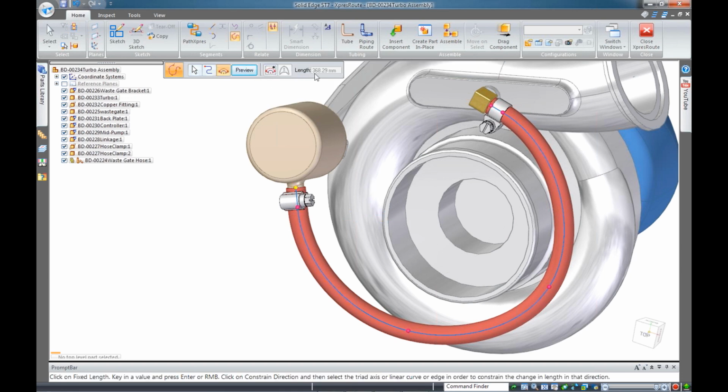Let me go in here. I can specify the length right now. It gives me a readout. It's currently 368.29 millimeters. If I want to round it off, I could do that and give it an actual fixed length. The other thing I can do is constrain it in a single direction. Say when I pull this, I want to constrain it on the x-axis. I can also pick some geometry that's sitting up here in the actual part as well. So let me constrain it over here to this one. Accept it out, and now when I make that synchronous change,